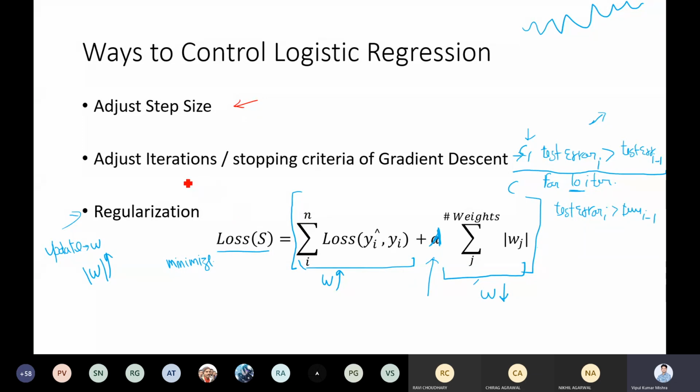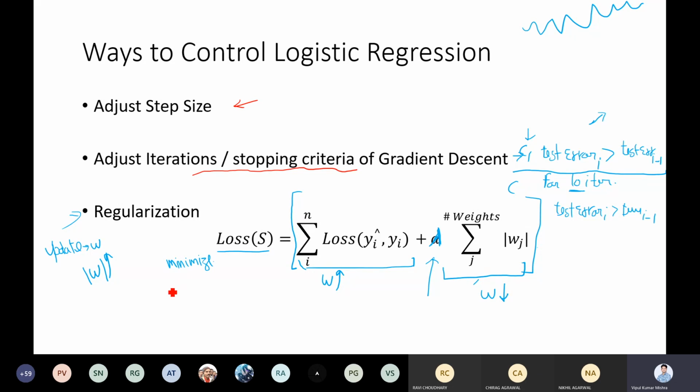Second is the stopping criteria, as we discussed in the last lecture. You have to decide some criteria, like suppose your model is not improving in the next 10 iterations, then you have to stop. We always talk about test accuracy, not just training accuracy. If the test accuracy is not improving, then you can stop. Or it improves very slightly and suddenly starts decreasing, then immediately you have to stop.